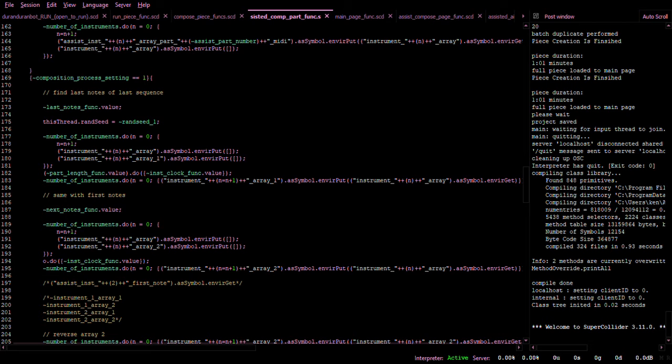So what it did was it created two different compositions. So we only want one composition, but DuranDuranbot for part two created two compositions, one based off of just the last notes of part one, and another composition based off of the first notes in part three. So you get what I'm saying,